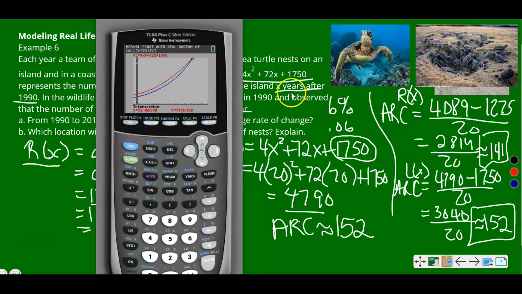So we just used the calculator to see when basically these two equations were equal. The intersection point shows you that they are equal at that time. So basically the same number of turtle nests after 31 years after 1990. Remember, we were doing 1990, so about 31 years after that would be equivalent to the year 20